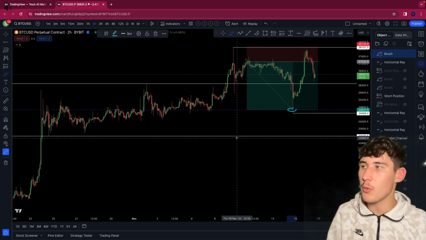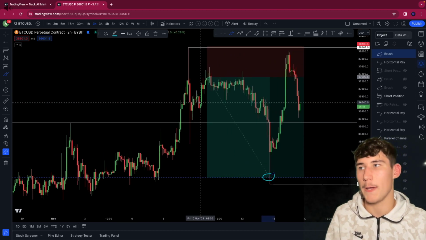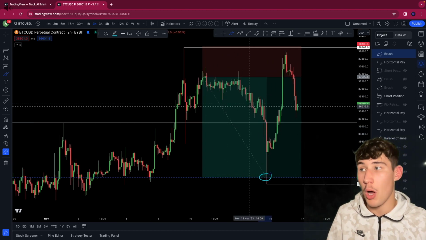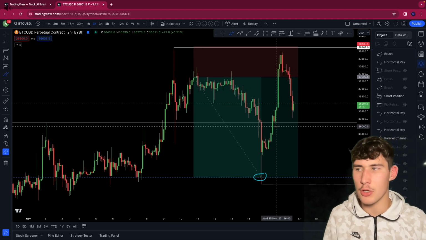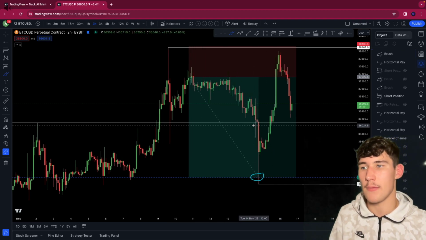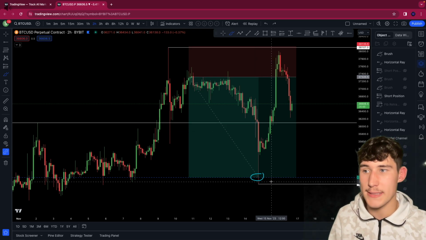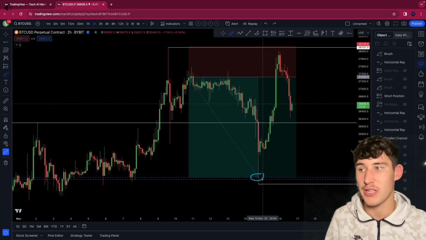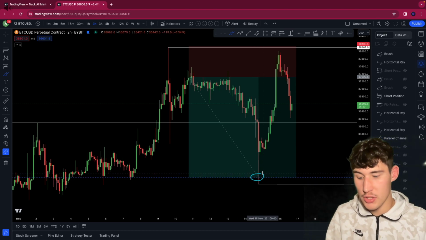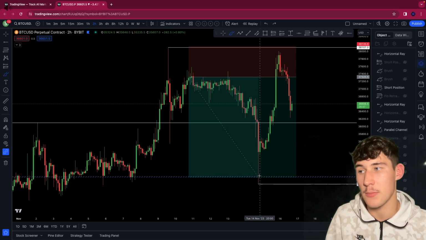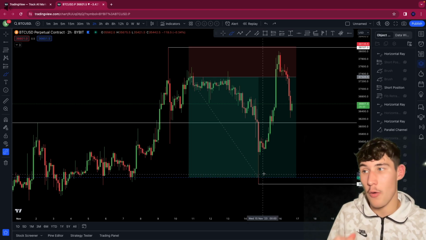So we know that we had this previous range right here, and we were trading above it for quite a while, okay, using it as support right here. And I was telling you guys, if we were to get a break below this level, what are we targeting? Well, we're targeting $34,647, which, as you can see, was tapped perfectly, which is why we took some profits off of the table there, around 85% off of the trade.